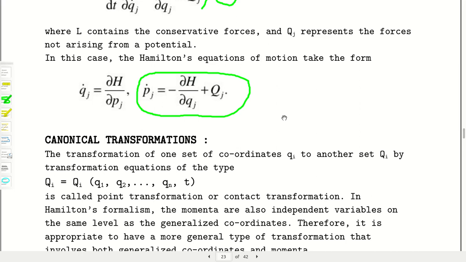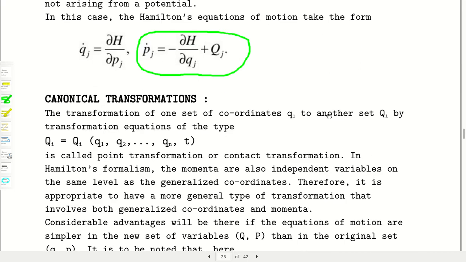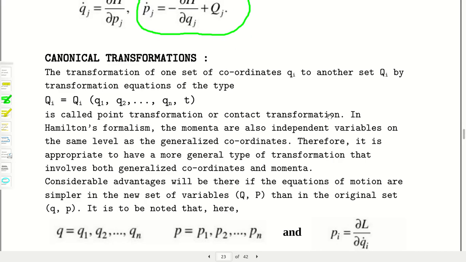Sometimes they are dependent, actually they are dependent by the Hamiltonian equation of motion, but from the beginning you can think of them as different entities. So the canonical transformation is a very useful mathematical tool to solve physical problems. Why? Let us suppose we want to transform the space from small q variables to the capital Q variables.